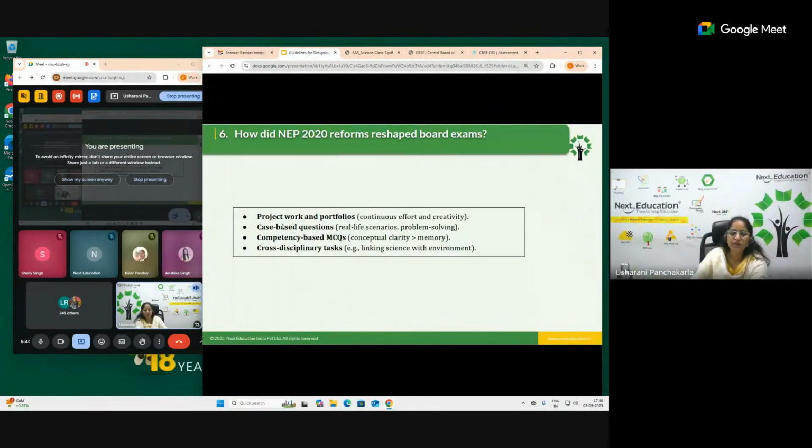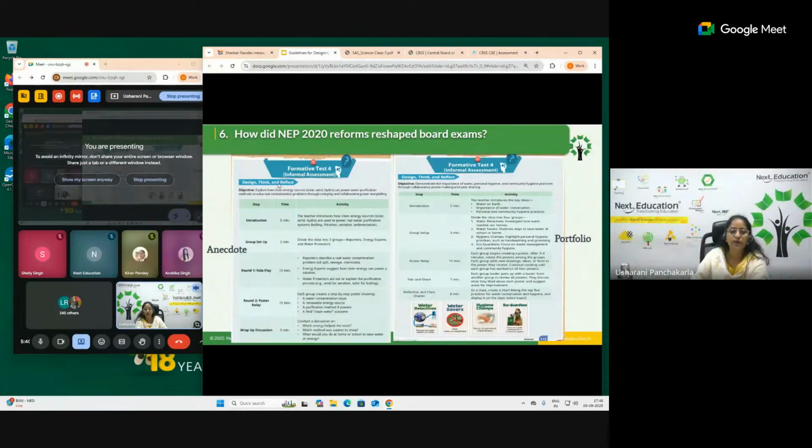So coming to the next one, here we have been speaking about project work, portfolios and all this. So I just want to show some samples here. This is a different anecdote and portfolio that has been shared. So what is an anecdote? This is about the portfolio. As I said here, it is a collection of materials, a reflection or the observations of the student, and that is what you are collating. Then you might be using it in your HPCs as a part of the parent connect program, or as an assessment, where you give it as a part of the teacher assessment, or it can be a part of self-assessment, or sorry, peer assessment.